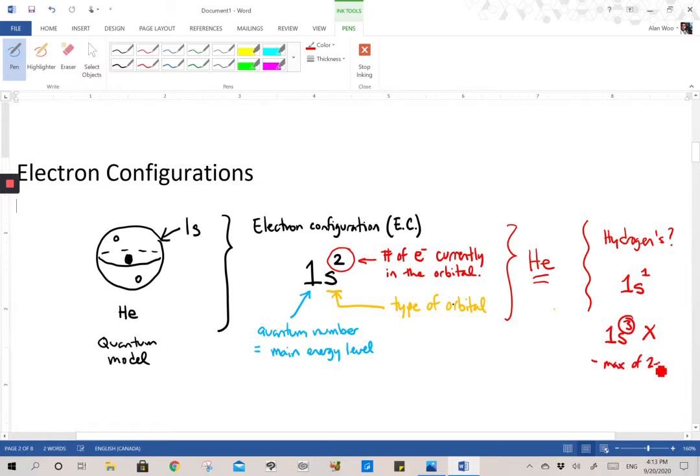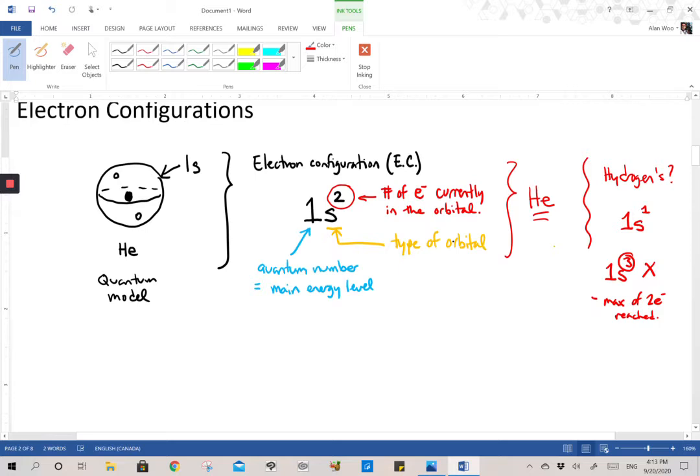So the maximum of 2 electrons is reached. So what happens now? I have an extra electron that I need to put somewhere for the next element, which is lithium. So what I can do,